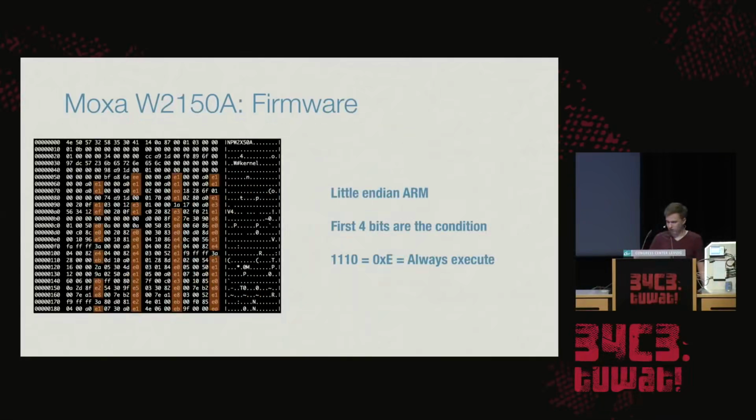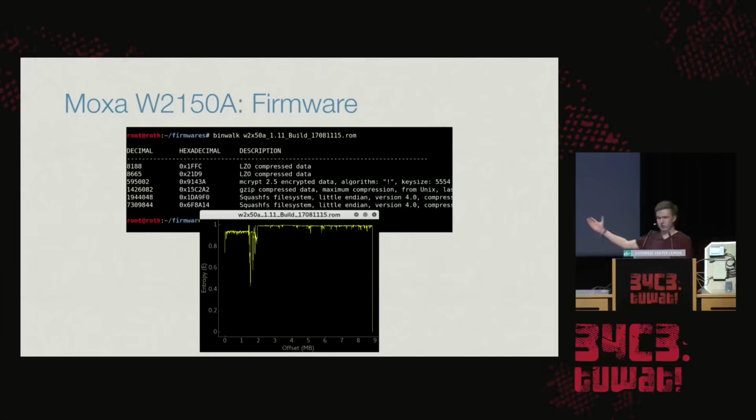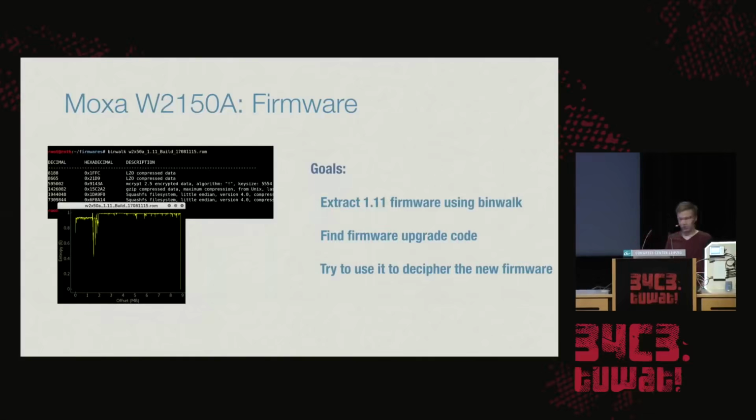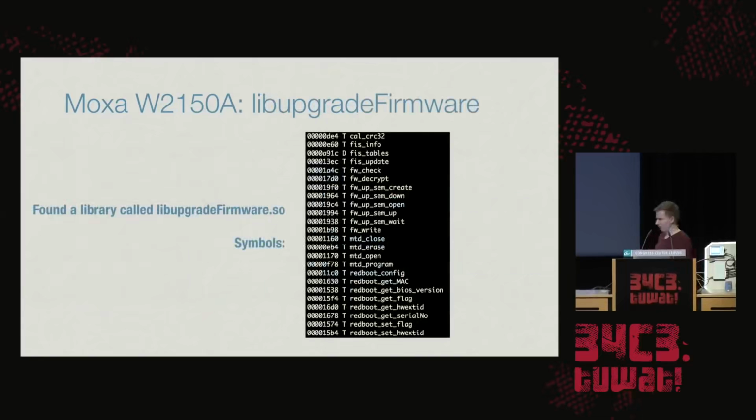Sure enough, I ran binwalk on this image. This time we see a huge drop in entropy, which is the bootloader and so on, and then high entropy, which is basically all the compressed file systems. Binwalk was able to detect the squashfs file system and extract it for me very, very easily. My goal was to extract the firmware, find the firmware upgrade code, and somehow try to decipher the new firmware. And so I was browsing through the files and sure enough found a file that was helpfully called